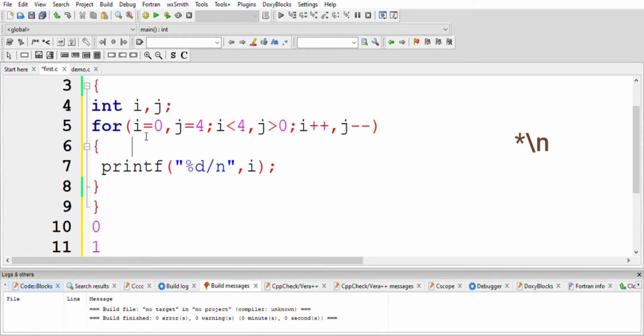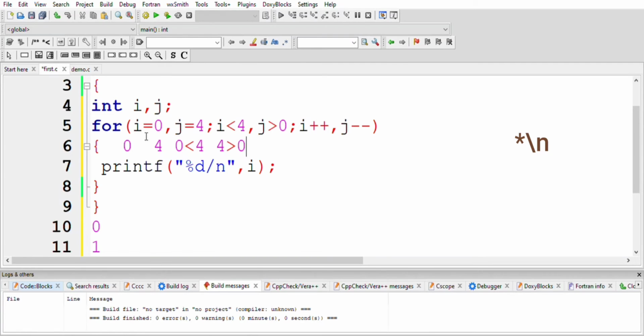First, i equal to 0 and j equal to 4. Now check the conditions: 0 less than 4, and j greater than 0, which is 4 greater than 0.